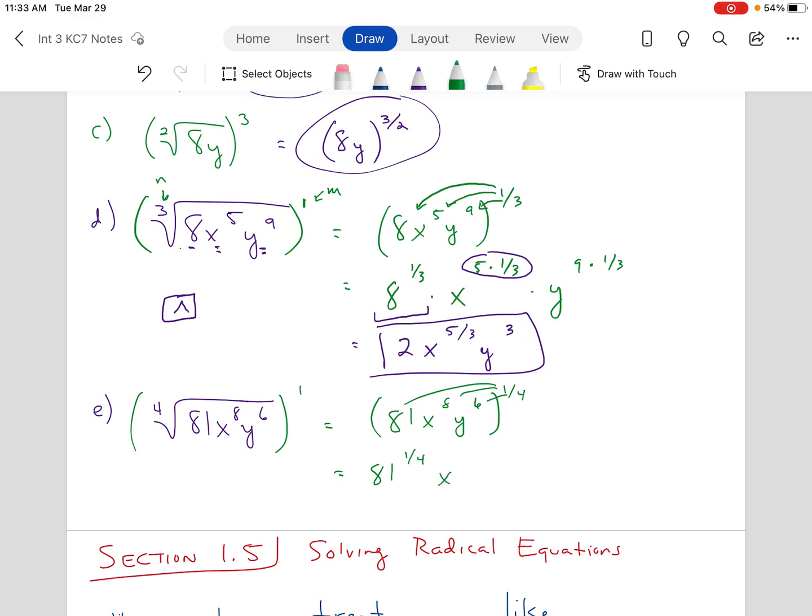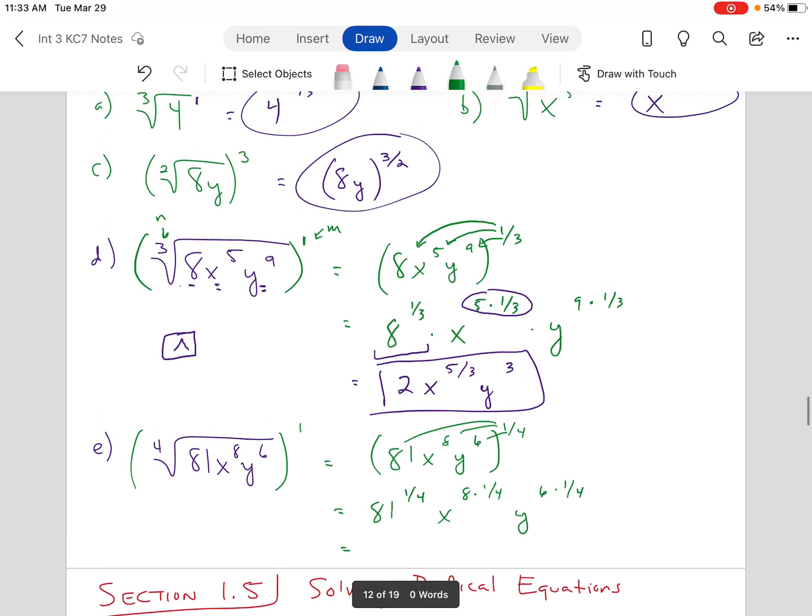So I have 81 to the 1/4, x to the 8th times 1/4, y to the 6th times 1/4. Plug 81 to the 1/4 into the calculator, and you get 3. 8 times 1/4 is just 2, and 6 times 1/4 is just 3. So my final answer is 3x squared y to